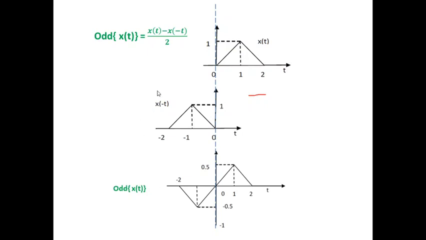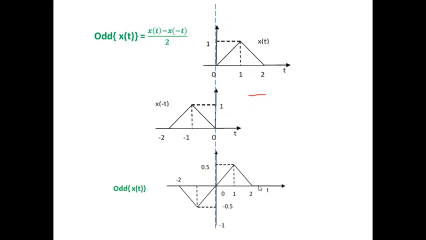I think it is evident for you. See, for example, here it is fully 0. 0 minus this signal will be the negative of that particular signal. So everything here is positive, so automatically here the amplitude is 0. Here the amplitude is 1, so 0 amplitude minus 1 amplitude is minus 1. So definitely you will be getting here minus 0.5 because it is divided by 2. Then similarly, 0 minus this entire signal will be just the negative of that particular signal. Next one, this signal: positive value of the signal minus 0 will be the same signal. So you are getting this signal.